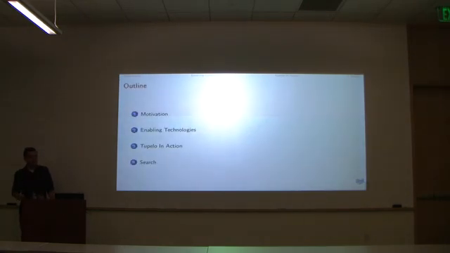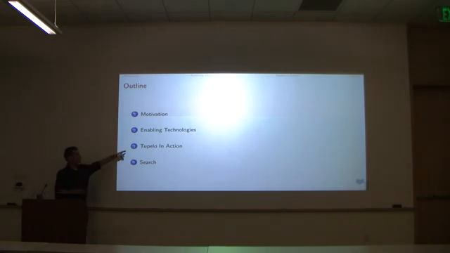Why am I standing here talking about this? Why do I want to do this? What are the kind of Java libraries that I built to get something that's kind of usable? I'll go through Tupelo as a code base in action quickly with a demo, and at the end, when the demo falls apart, I'll talk about aspects of search that are relevant.